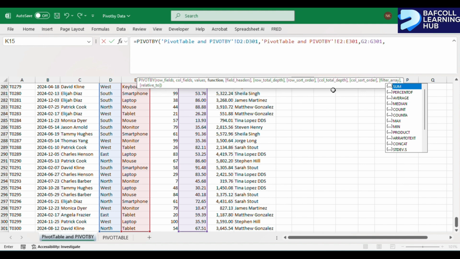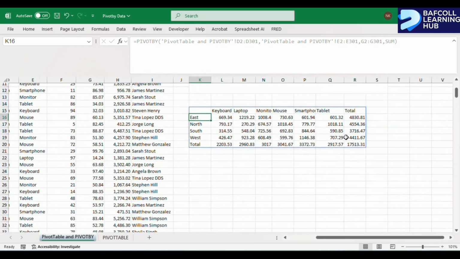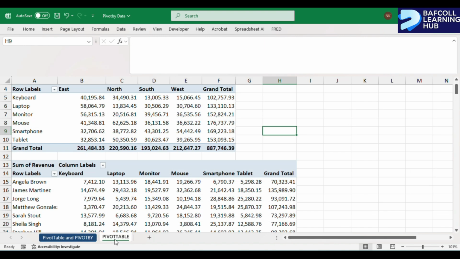Now when it comes to the function, we have a lot of functions that we can use. We can look at the sum, or the percentage of the average, the median, or even the variance of population and variance of sample. In this instance, we are dealing with sum. I can close my bracket and hit enter. You can see that immediately I hit enter, a nice pivot table generates over here for me, which is similar to this,